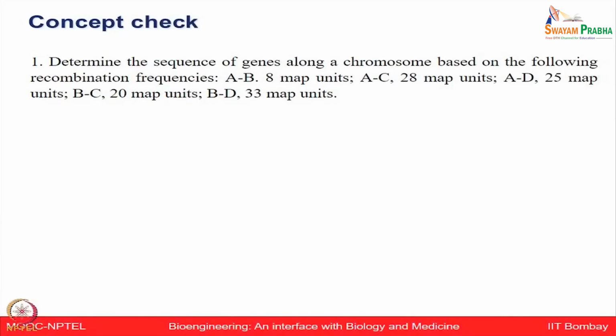Determine the sequence of genes along a chromosome based on the following recombination frequencies: AB 8 map units, AC 28 map units, AD 25 map units, BC 20 map units, BD